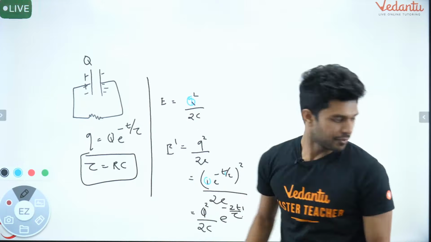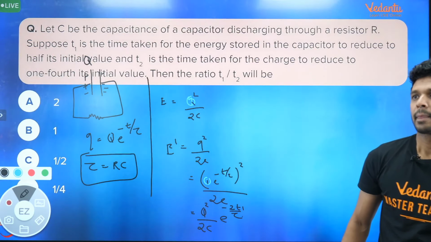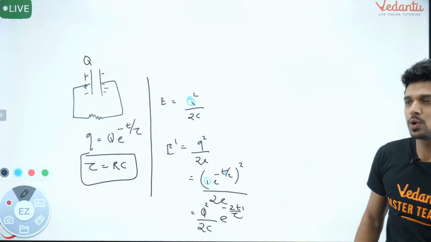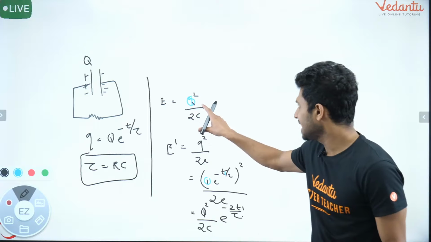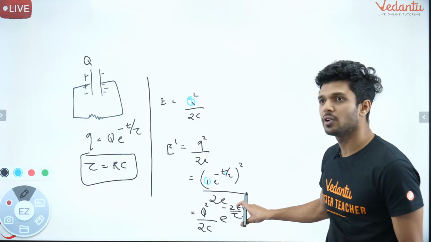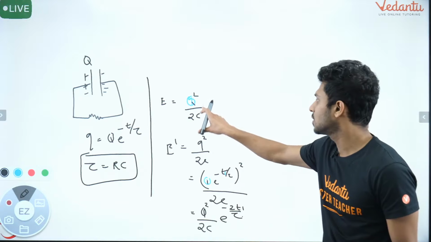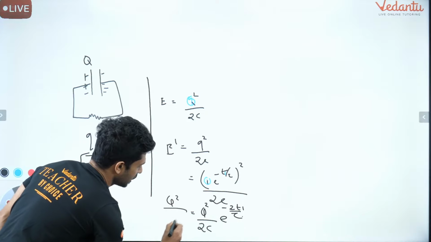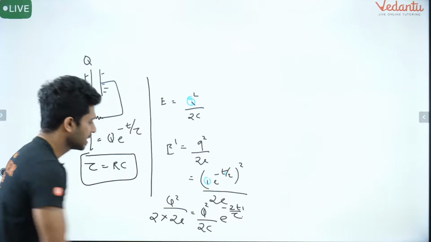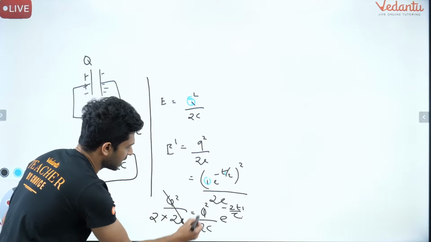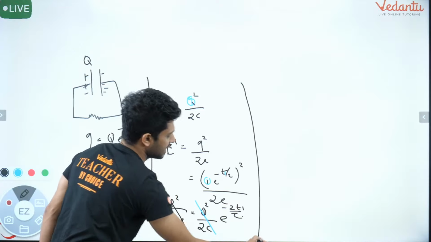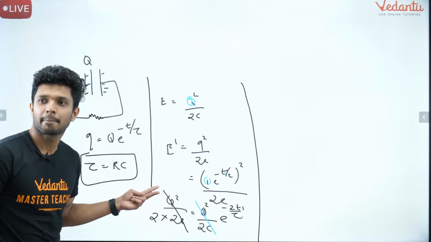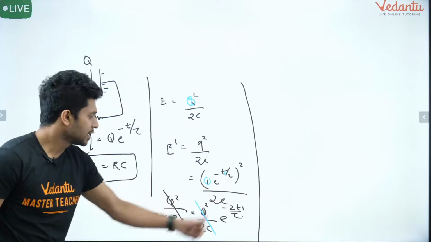Okay. Now what they have told you, I'll take the previous slide. So it is told that after a time of t1, the energy is reduced to half. Okay. So the initial energy was Q square by 2C. After a time of t1, the energy is reduced to half, which will be equal to Q square by 2C by 2. Yes or no? So that I'm going to write as Q square by 2C by 2. Fine. So this will be cancelled off. Okay. Then what can I write? 1 by 2 is equal to e raised to minus. So I'm taking 2 up so that this negative will be cancelled from e. So what can you write?